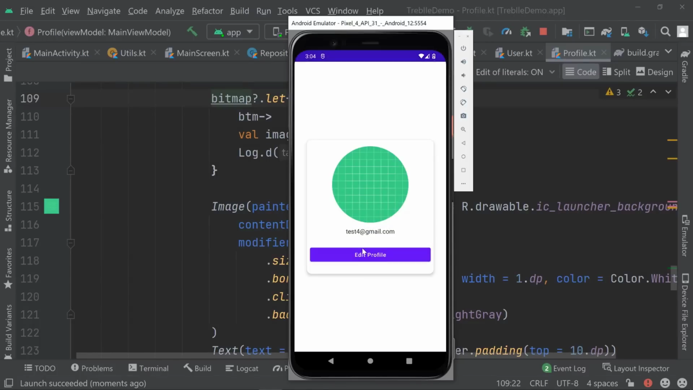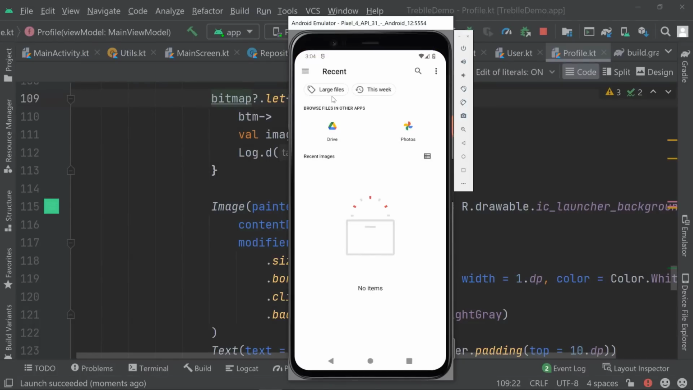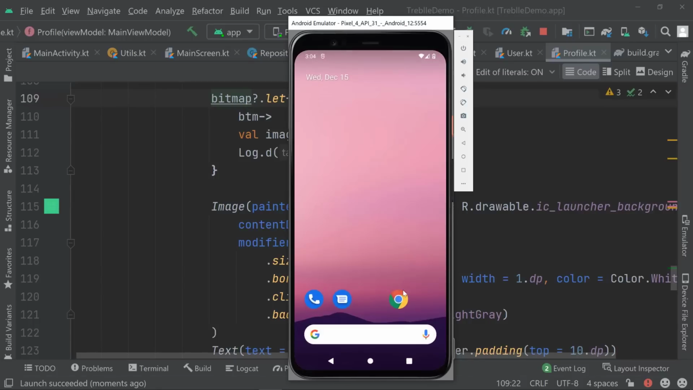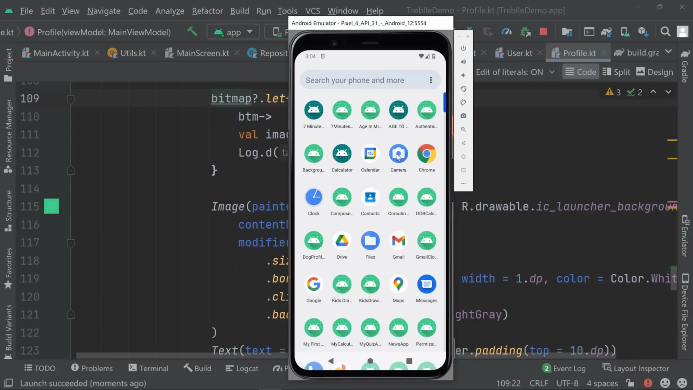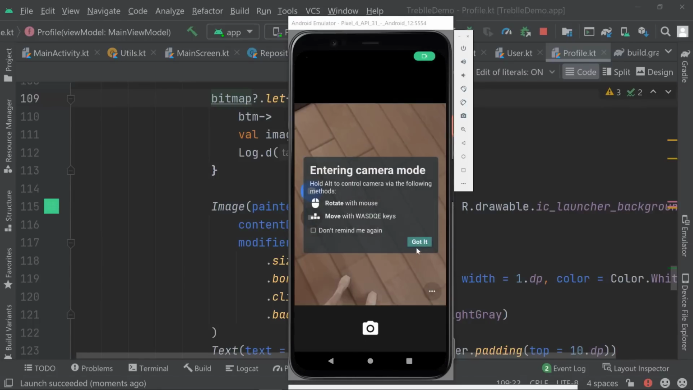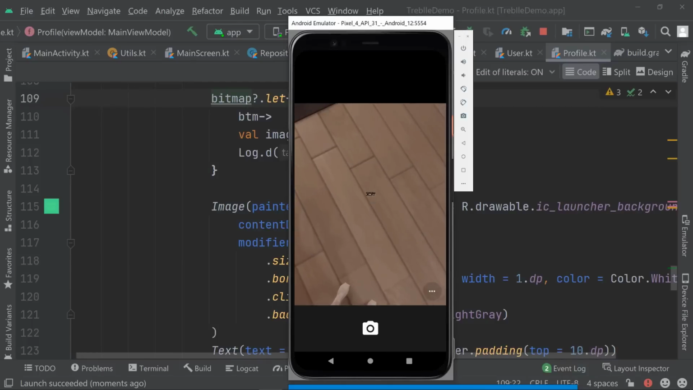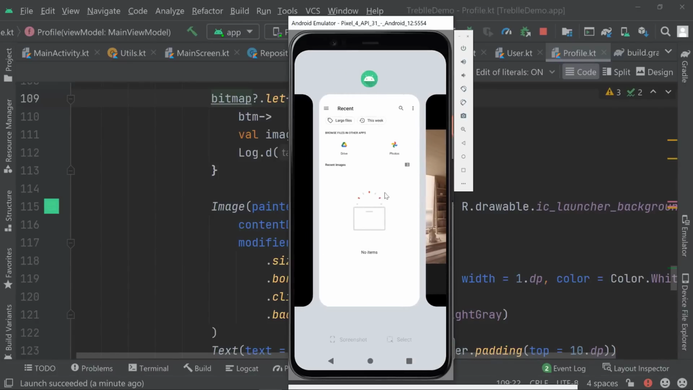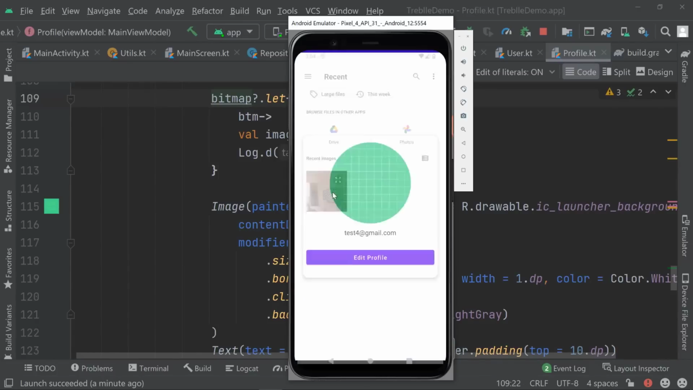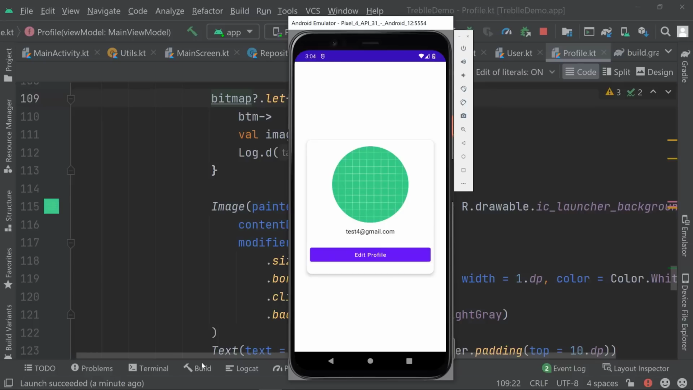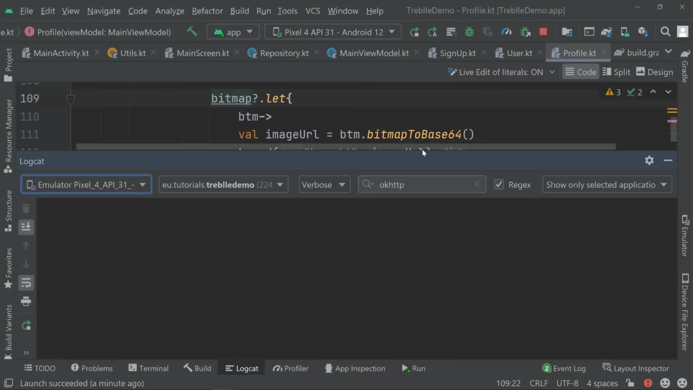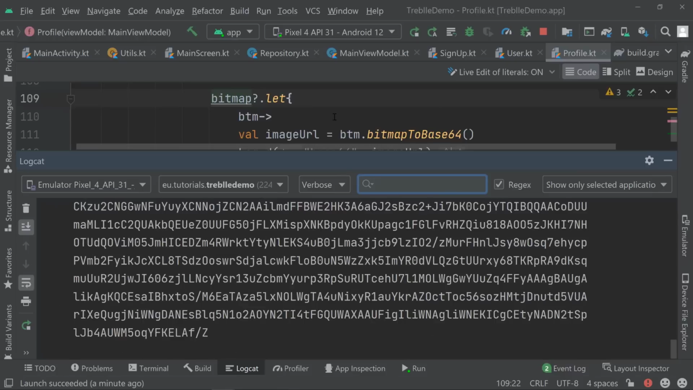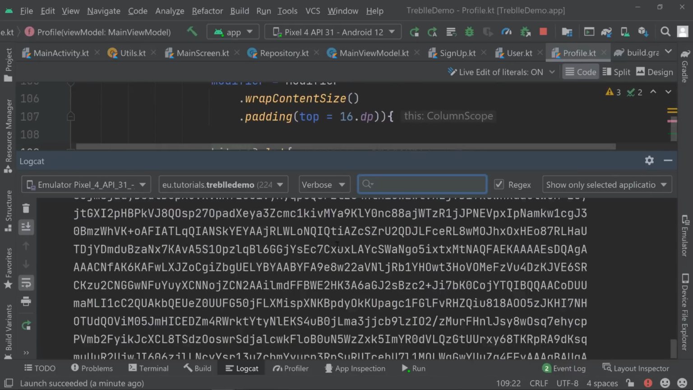Yeah, we get there. So let's allow it. Let's edit the profile. Let's select an image, and we have no images here. So let's just create an image with our emulator. Let's take an image with the camera. So let me rotate and click on it. All right, and now let's select that image. Okay, so now let's go over to our logcat and search not for KHTTP, but